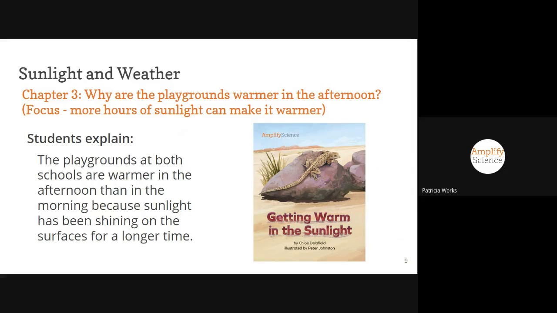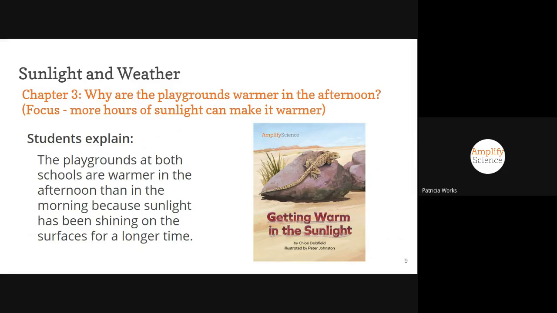In Chapter 3, students come to understand why the playgrounds are warmer in the afternoon. Students figure this out by collecting evidence from reading the book, getting warm in the sunlight, and then revisiting the warming model to watch for warming over time. They participate in a think and walk to choose photographs of surfaces that have had sunlight shining on them for longer periods of time. And with the use of explanation language frames, they explain why a surface gets warmer over